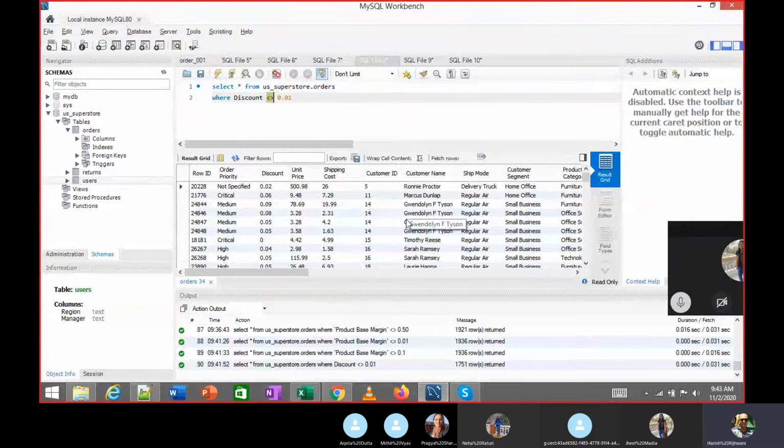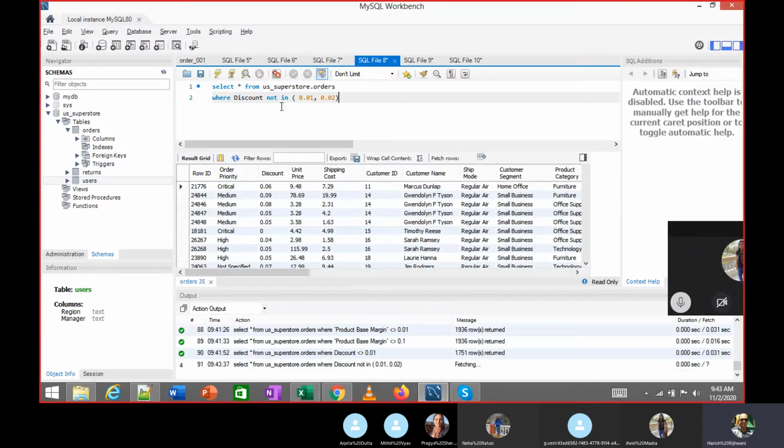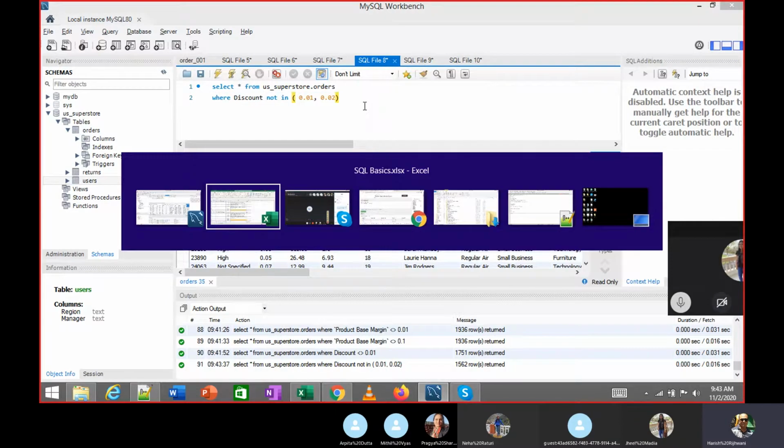So we say not in 0.01, 0.02. If I want to exclude both of these options, I will do not in. But now I have been using only one condition everywhere.